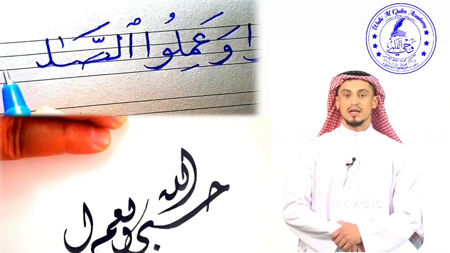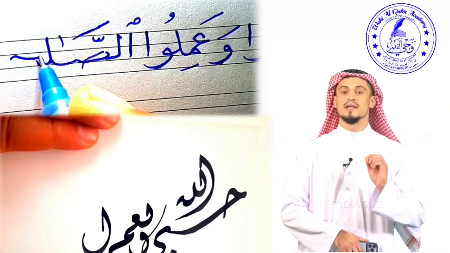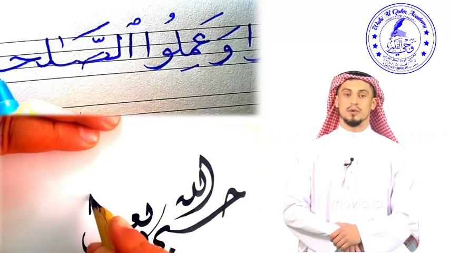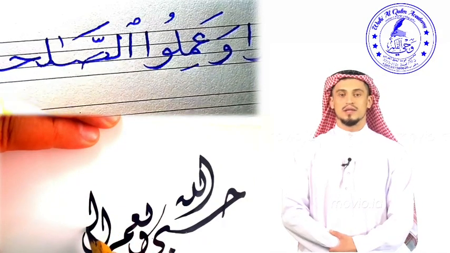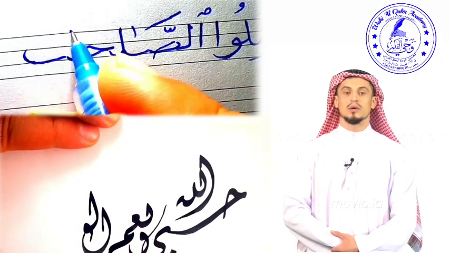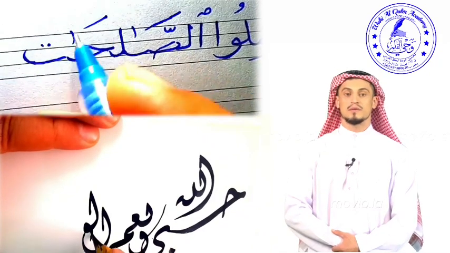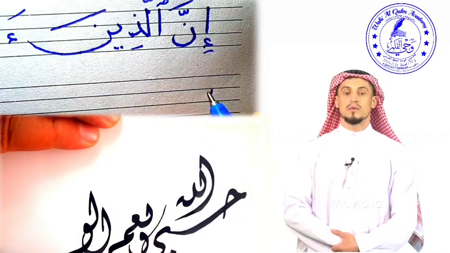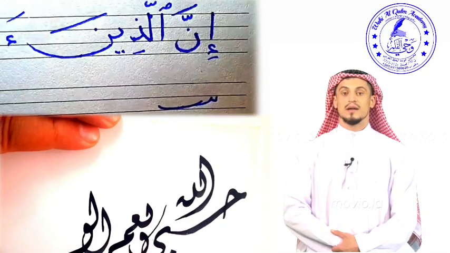The line that comes directly below the baseline is called the first drop, then the one that follows it to the bottom is the second drop, and no line was drawn for it. The letters of the nun group, and we will get to know them later,